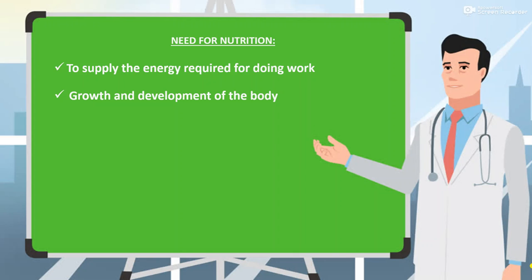The second point that we have to consider is for the growth and development of the body. We require nutrition for the overall growth and development of our body. The third is to replace the damaged cells and repair tissues. Whenever we fall ill, whenever there are chemical changes going on in our body, whenever we are stressed or anxious or nervous, few cells of our body get damaged, and it becomes very important to replace these damaged cells with new healthy cells. For replacing these damaged cells and for repairing the tissues, our body requires nutrition.